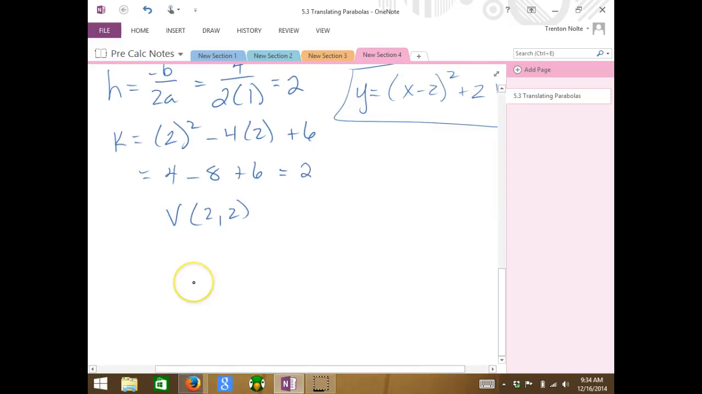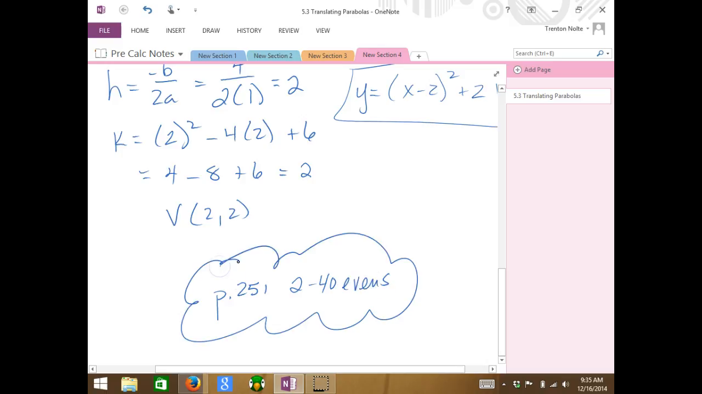So that's it, guys. Pretty painless, I think. The page that's up on the board is not the right one. You guys are on page 251, and I'd like you to do 2 through 40 evens. Page 251. Yeah, the page up there is not right. There's already one that's online, but